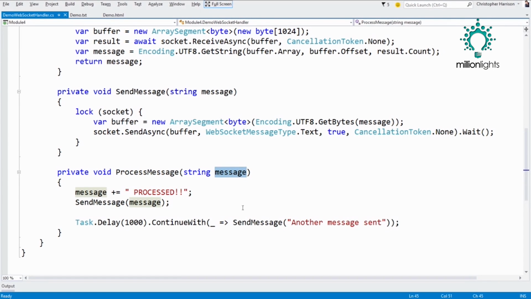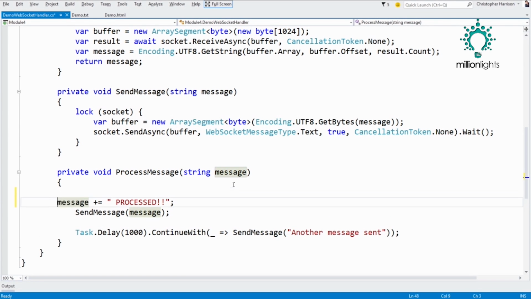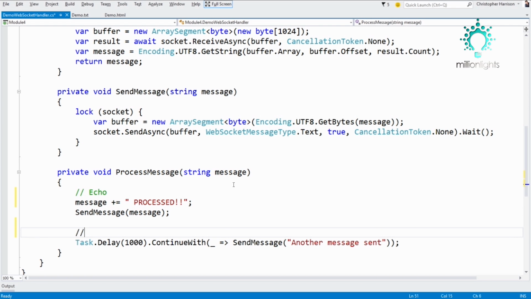So you're going to notice we get right down to that really low level stream. We get the message, and then on the process, all that I'm doing is adding on that little process. That's going to be my basic echo. I'm going to send it down, and then I'm going to simulate the server sending a message to the client by sleeping for 5 seconds,